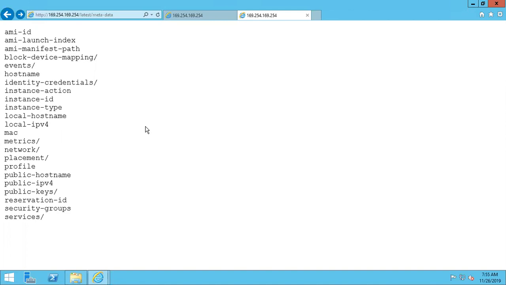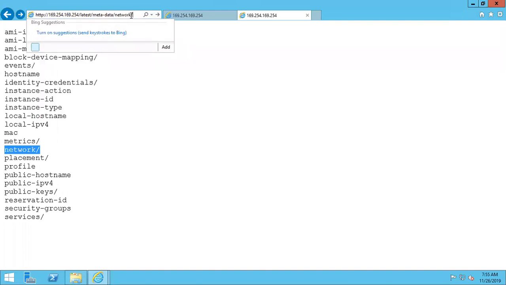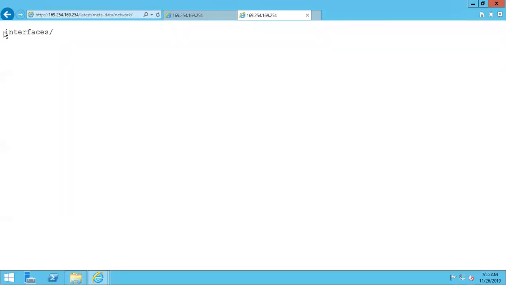Okay. We are querying this operating system and we are getting some information about this. For example, if you want to get information related to networking like security groups and all, NIC card, look for network, give network and click on enter. Interfaces, okay, grab that interfaces.